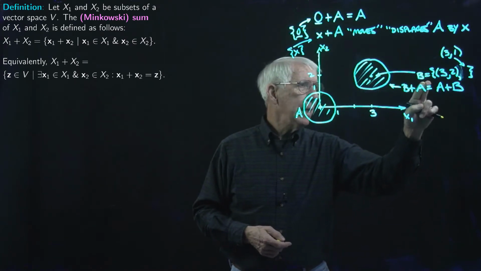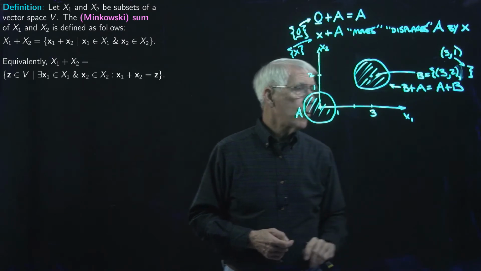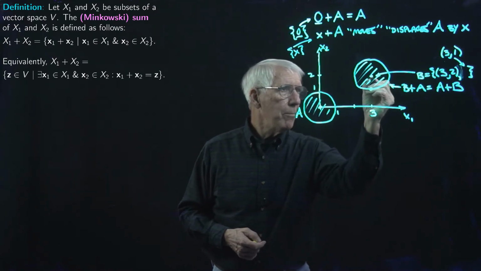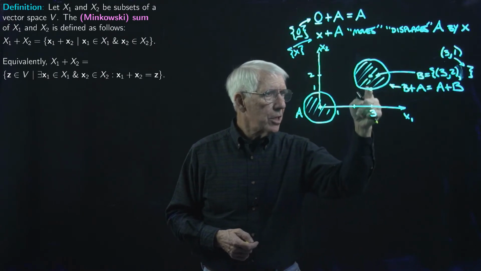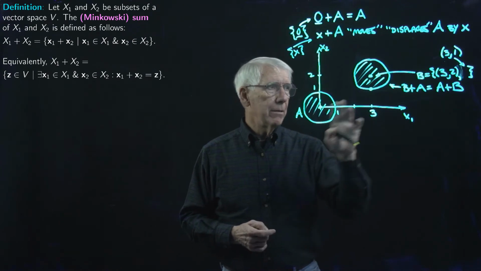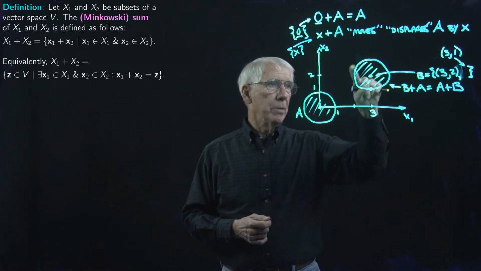So now B is the set consisting of the vector (3, 2) and the vector (3, 1). So that's this point here. Now B consists of these 2 points. It's a 2-point set, and B plus A, or A plus B, is going to be the disk that we